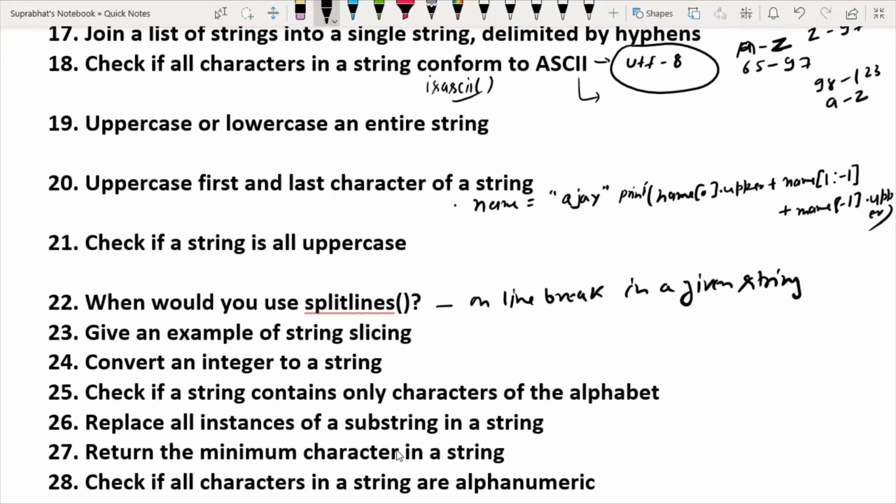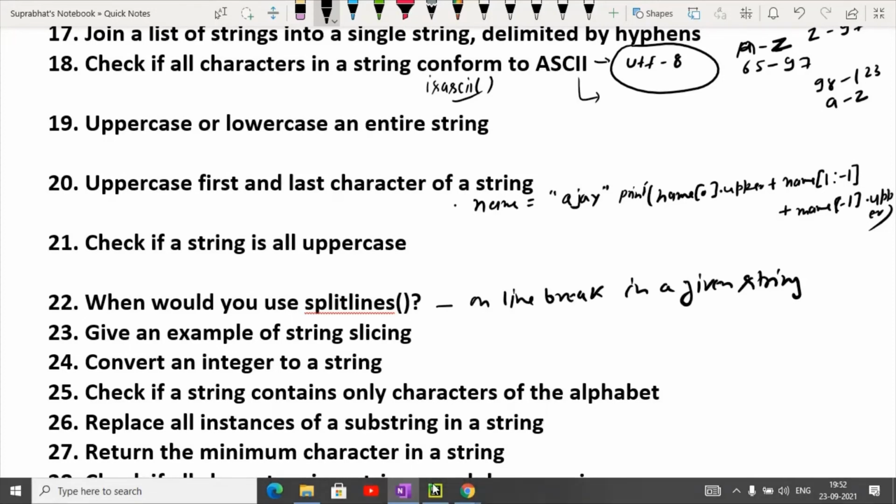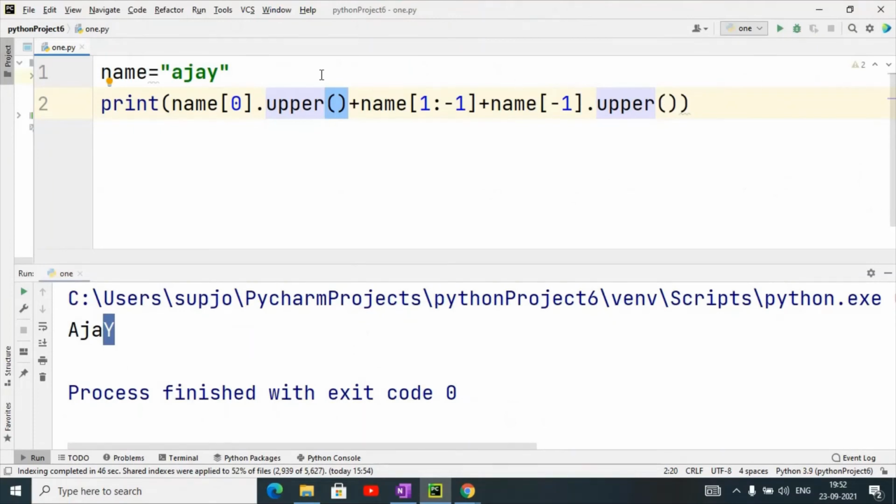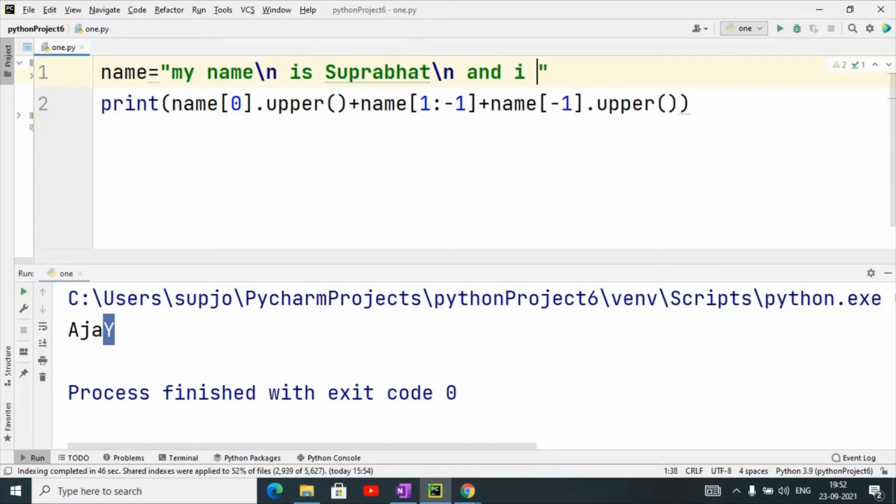How? I will explain with an example. Suppose I have taken a string like this: my name, then I use \n, that is used for a new line break, is Suprabhat, then again \n, then I live in, then again \n.